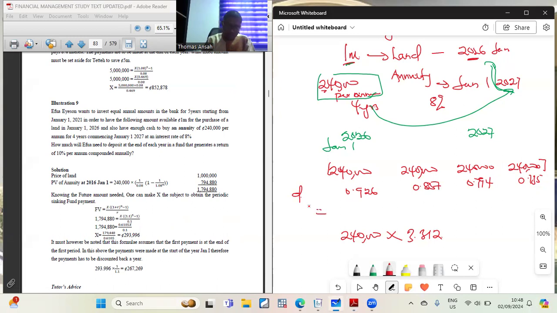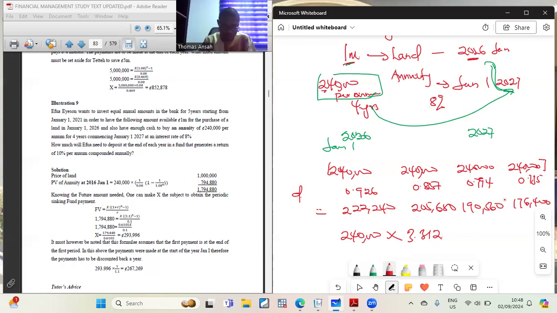240 by 0.926, I have 222,240. 240 by 0.857, I have 205,680. 240 by 0.794, I have 190,560. Then 240 by 0.735, I have 176,400. So if I add it,